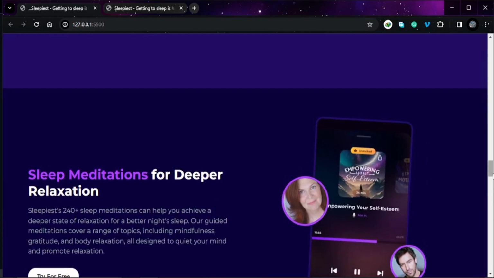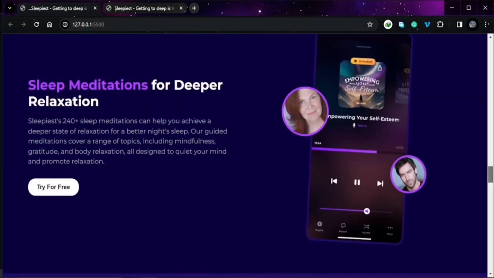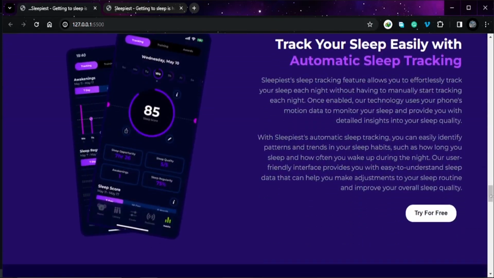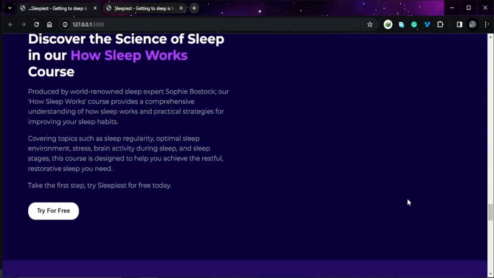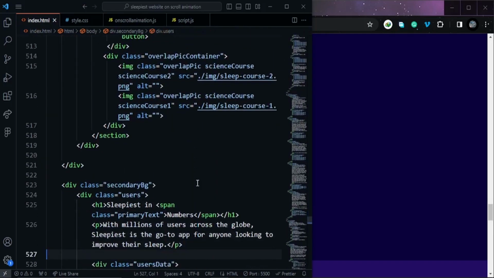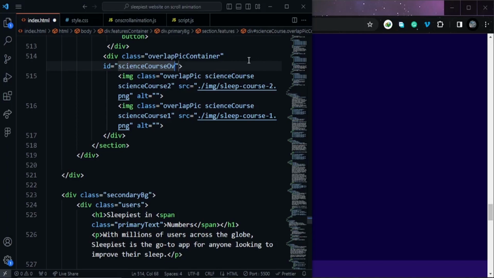Now scroll down, put the container and the picture 2 is animated just like this. It's really cool. And I'm going to repeat the same process or the same animation for the second element. I'll go to index.html and add over here an id, just say science course overlap,